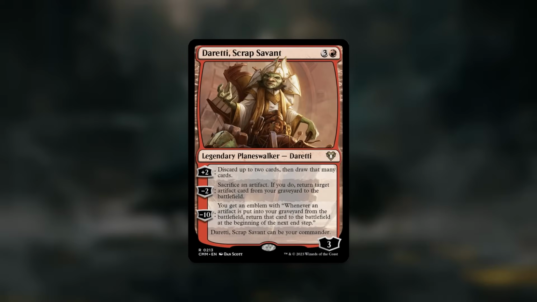But the way I build the deck, it really cares about blood tokens. I have cards like Duretti, Scrap Savant, which is a planeswalker that lets you trade an artifact on the battlefield for one in your graveyard. And so I lose a blood token, who cares? And all of a sudden I've got Alhemret's Archive on the field, and I'm gaining twice as much life and drawing twice as many cards for my blood tokens. So there's lots of...